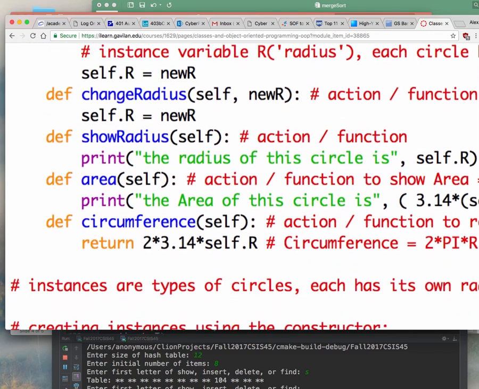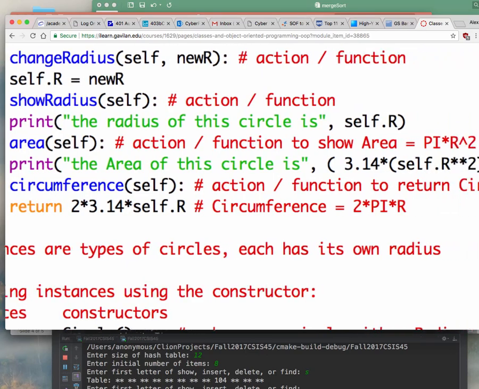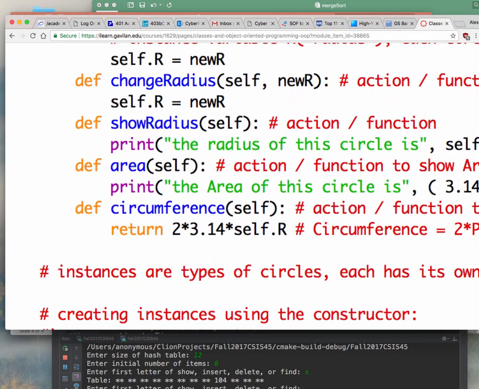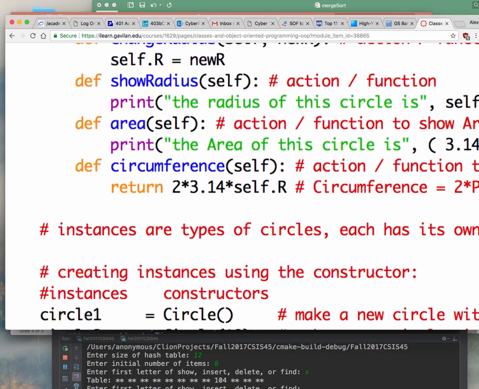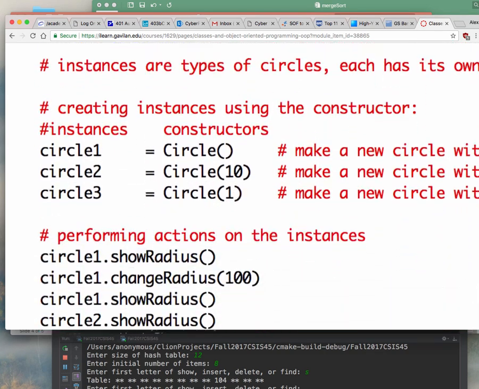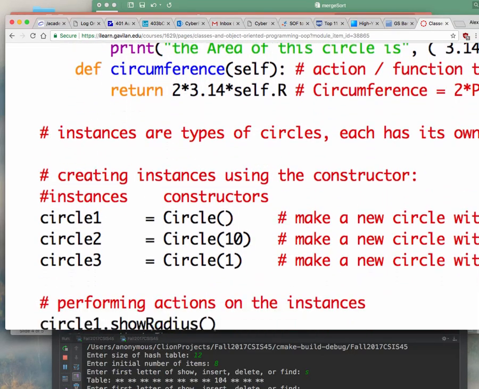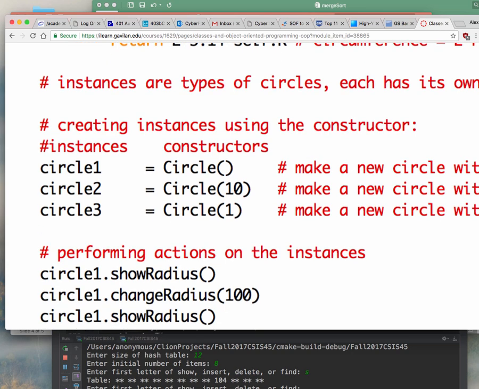Now underneath it, again, I told you that instances are types of circles, or basically the different objects are also known as instances. So how do we create these different circles? Again, remember, this is my template from which I am going to create circles. And what you should do is type up this program. If you really want to learn, I suggest you type them up. Don't just open up the files from the lectures.